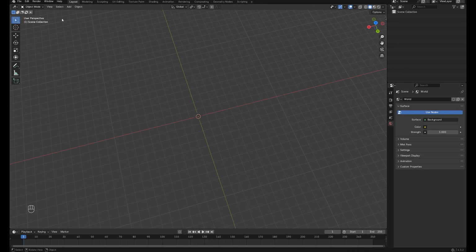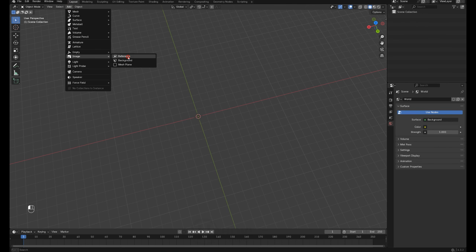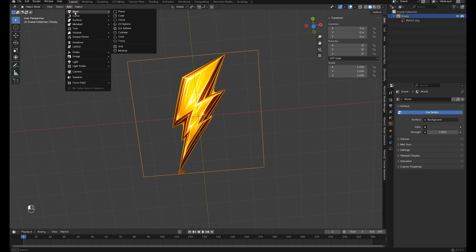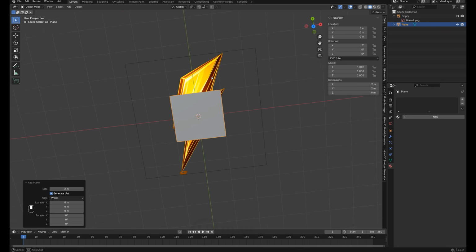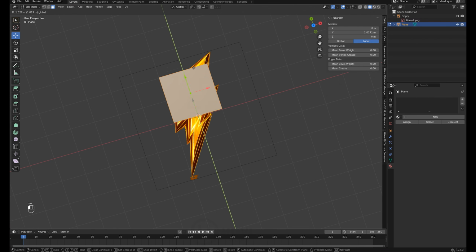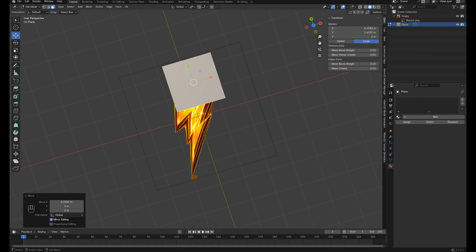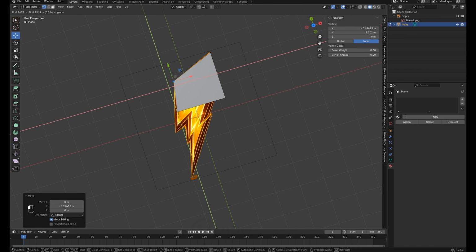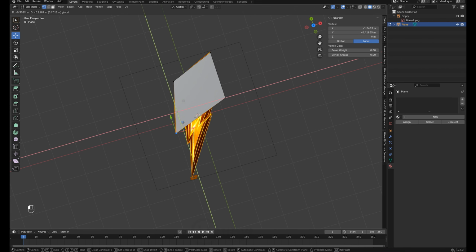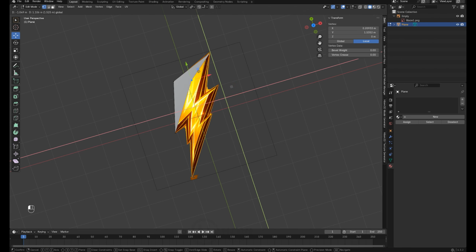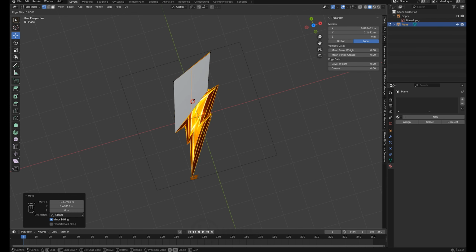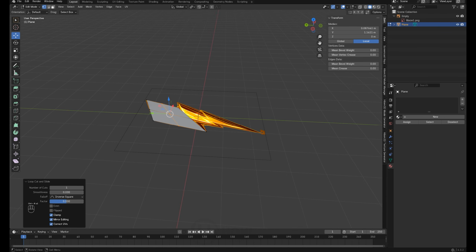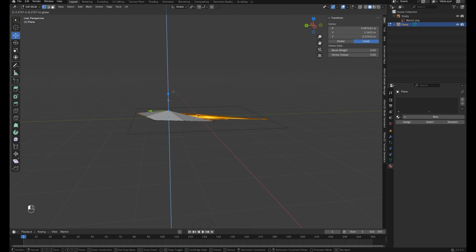To do this model, you just need to add a reference and add a new mesh plane and just start editing by creating the same shape as you see here. And when you finished this model, you just can add a new line like this, and just make it 3D by moving the middle